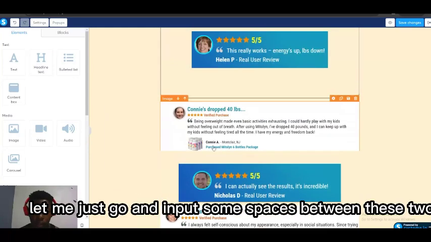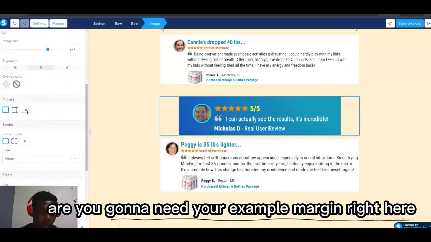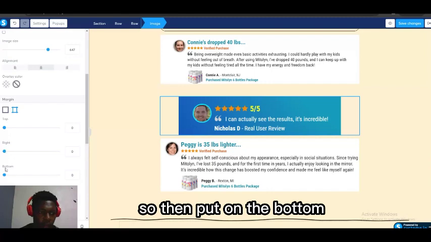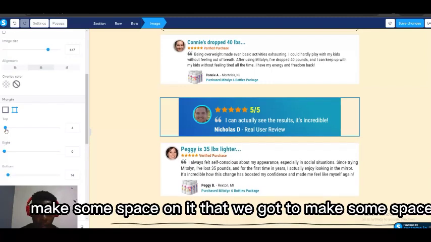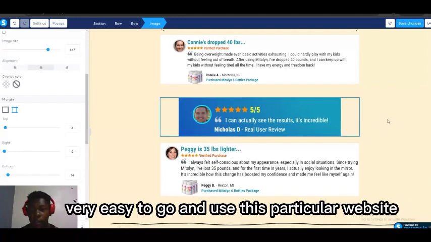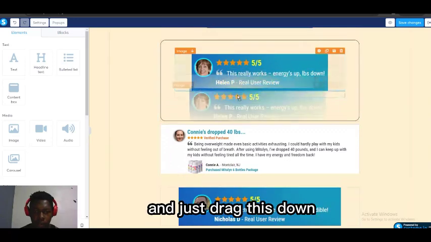So let me just input some spaces between these two. Let me click on this, and you're going to click, for example, on margin right here, on the bottom, make some space, and on the top you can also make some space. So it's very easy to use this particular website. For this one, let me just remove this from here. Let me just drag this down,